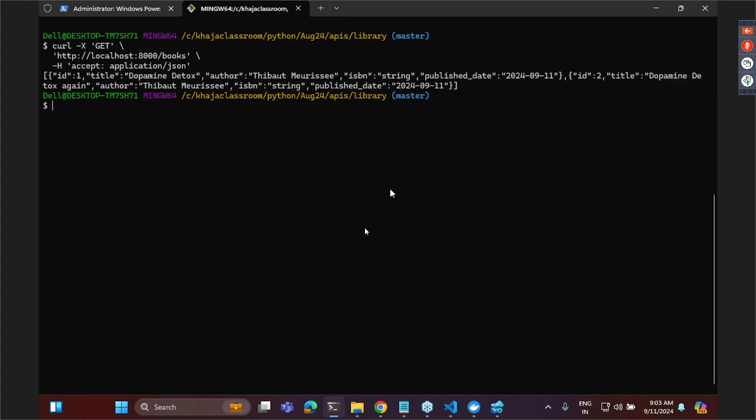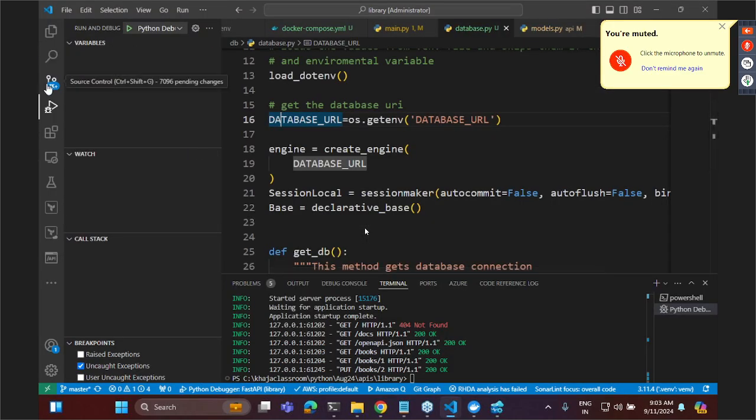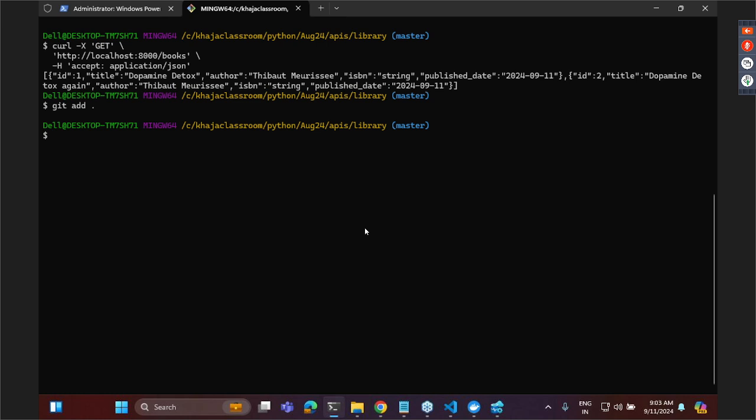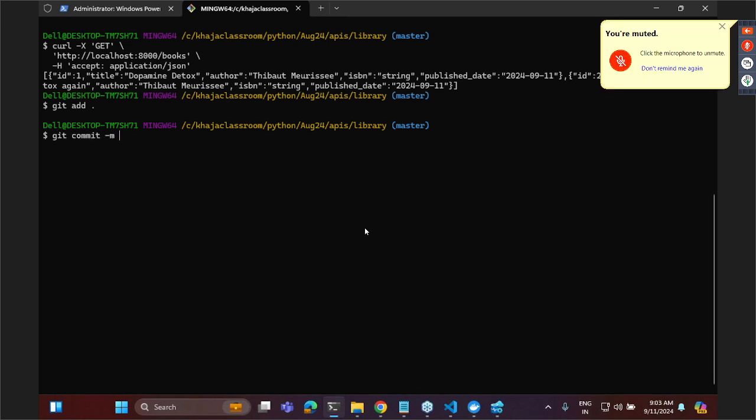Yes. Okay. Right. So for now we will do git add dot, git commit -m added